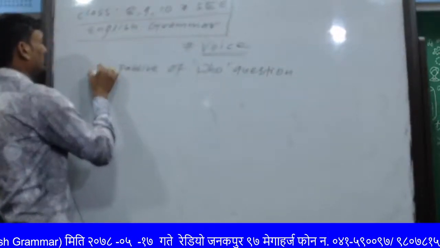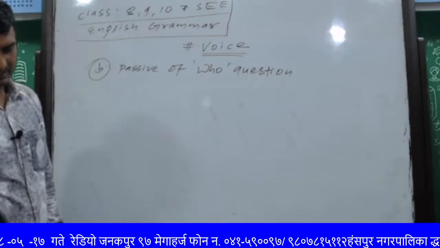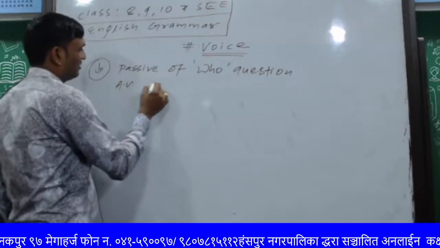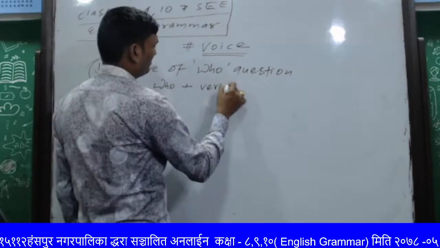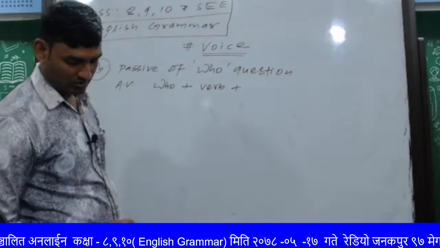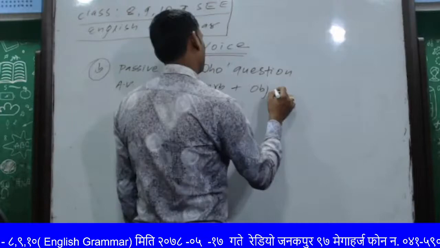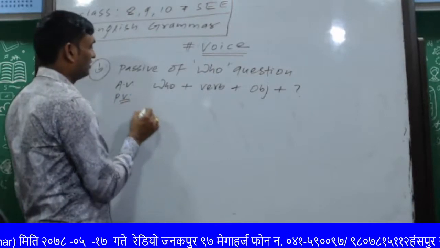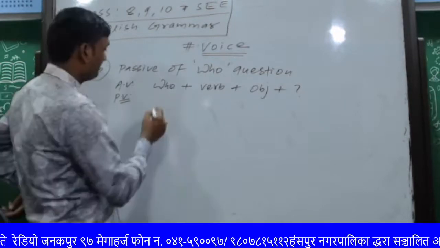The active structure of this: who, then verb, then object. Last, question mark. The PV in this way: by whom,